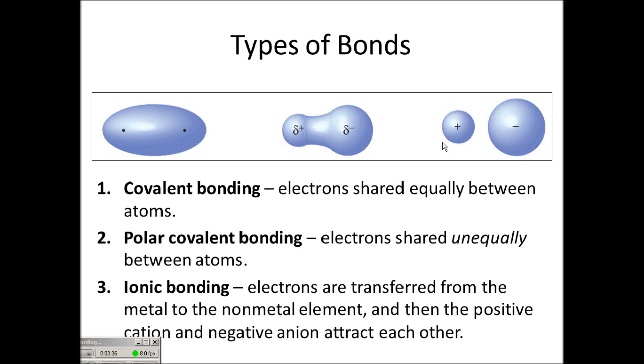The positive charge of the cation and the negative charge of the anion will attract each other, just like opposite poles of a magnet will attract each other. So this is an electrostatic interaction. It's positive and negative charges interacting that make them come together or not move terribly apart. And that attraction is